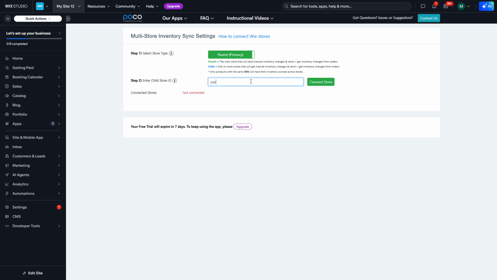By accomplishing the linking process, your app will begin syncing inventory levels in real time whenever a product is sold or its stock is manually updated. Essentially, this means any sale on any connected store will register across all other stores, ensuring a harmonious and updated